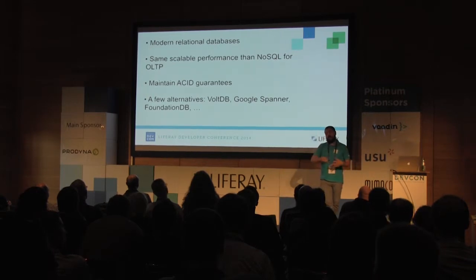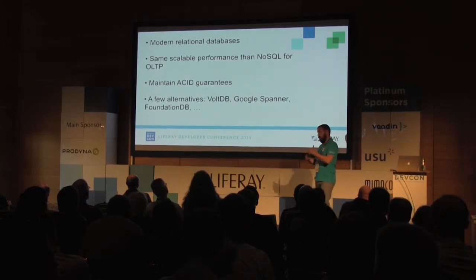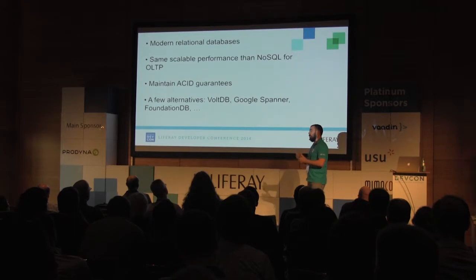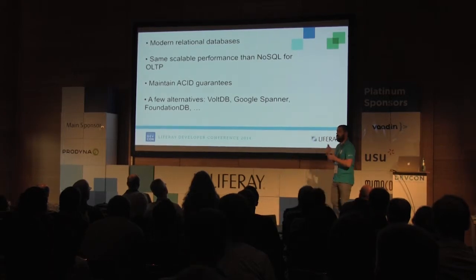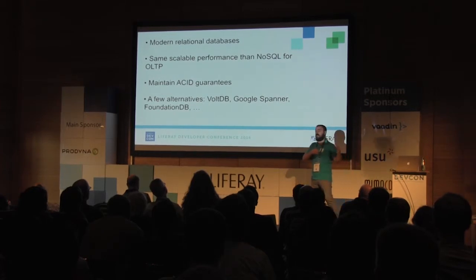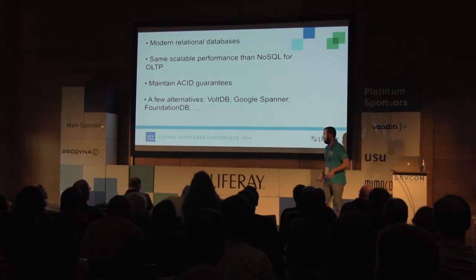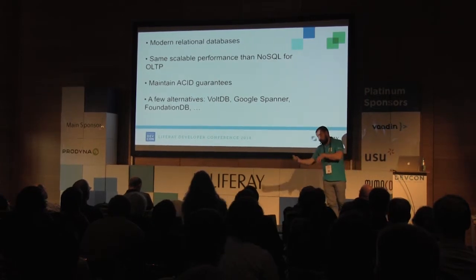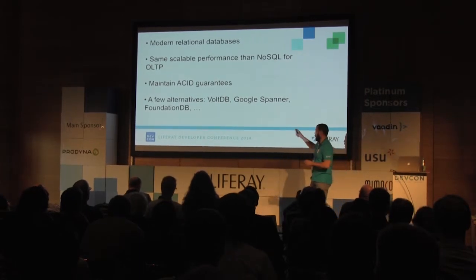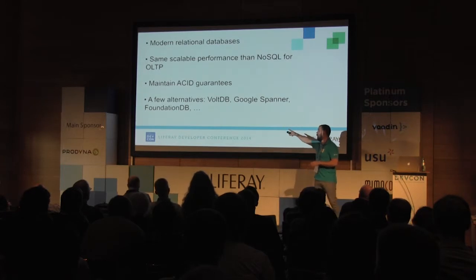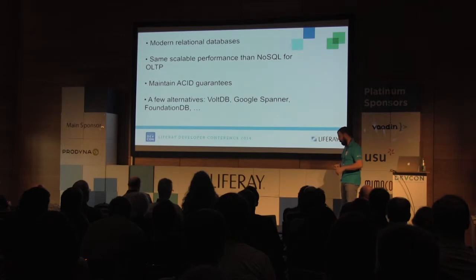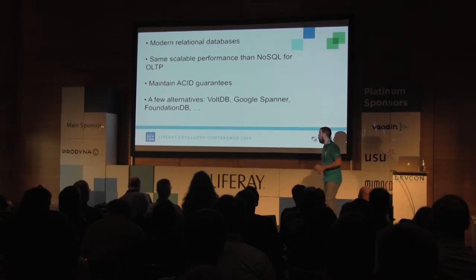They are trying to create new ways of dealing with huge amounts of data, but not in batch processes, but in real time. So they are trying to keep all the good things of the relational databases, like ACID transactions, like OLTP queries. So, but really, really, really fast. And the main exponents are VoltDB, which is an open source project, and Google Spanner, which is a proprietary implementation of Google.